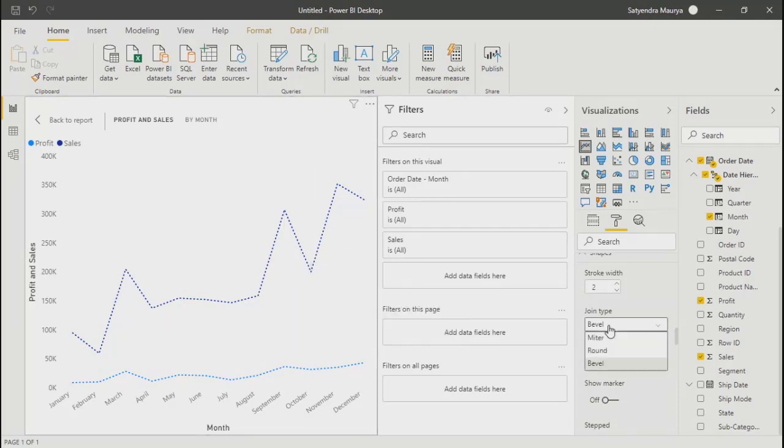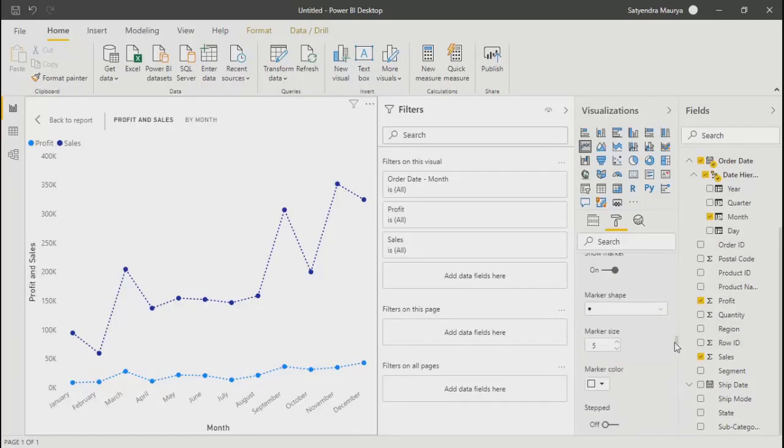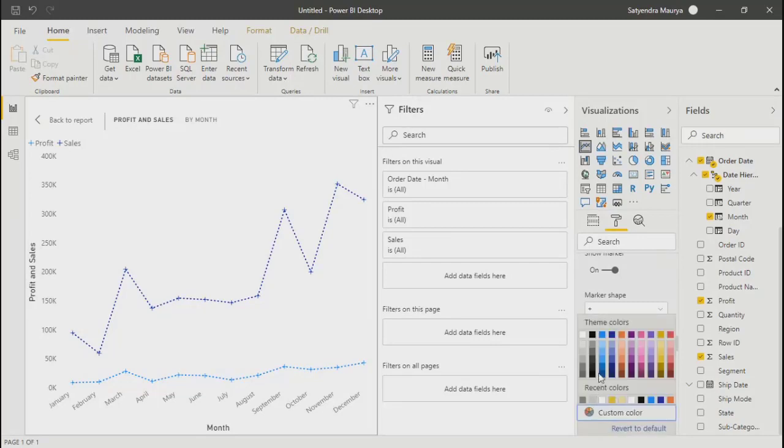Show marker. So marker is like the data points. You can choose the shape of those things, triangle, square, whichever you want, plus sign. So these things are possible over here.